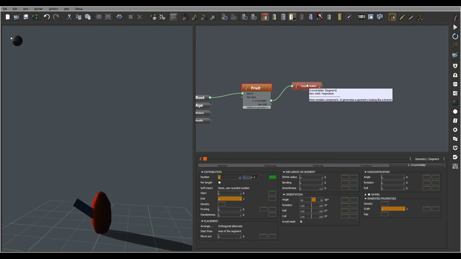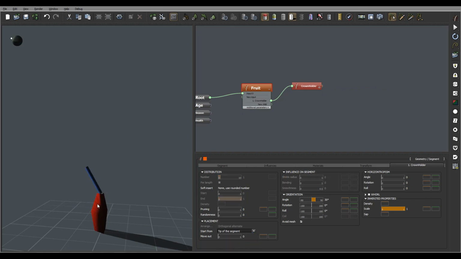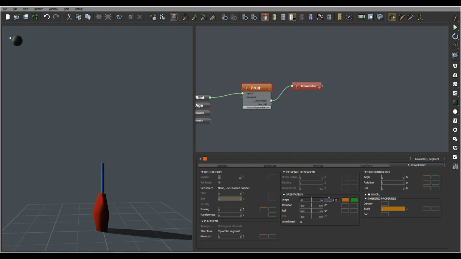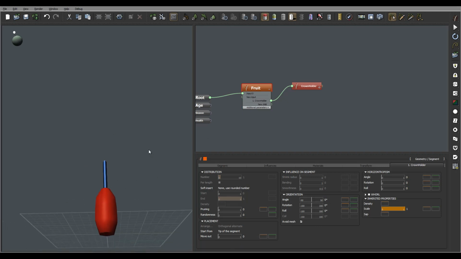Okay, and as axis we'll go top of the segment. So you see it kind of pops up on top now. Let's set this to 0, and there we have one going on the top. Okay, to add one thing about this, if we add on top and we want a little bit of twisting using